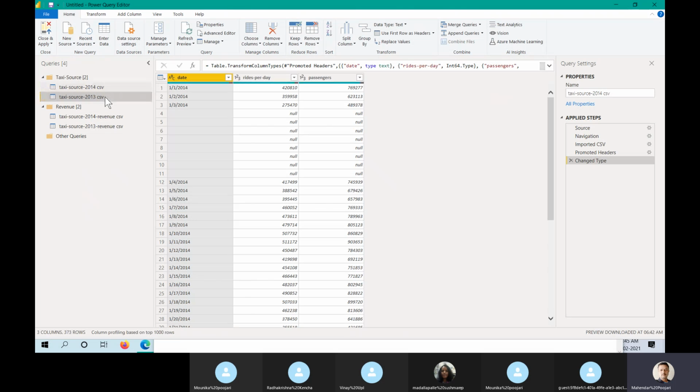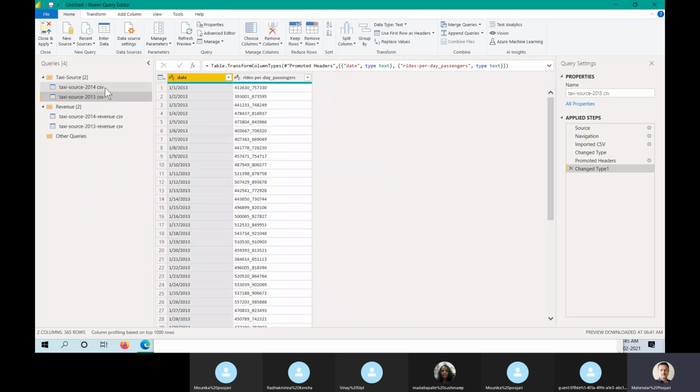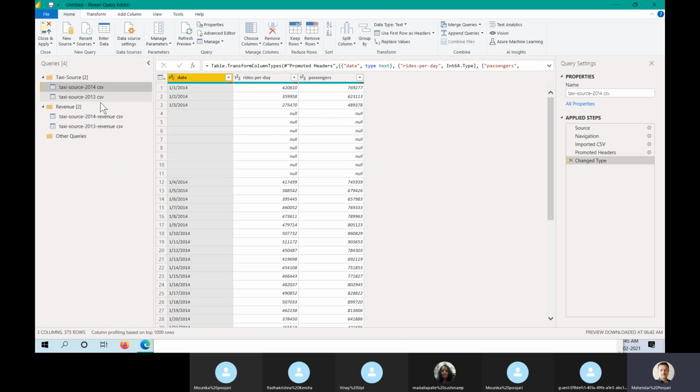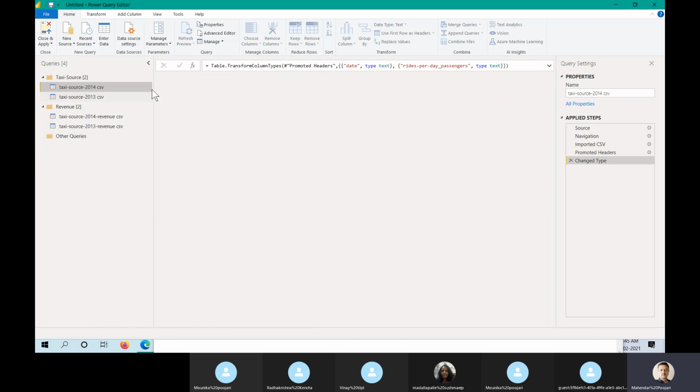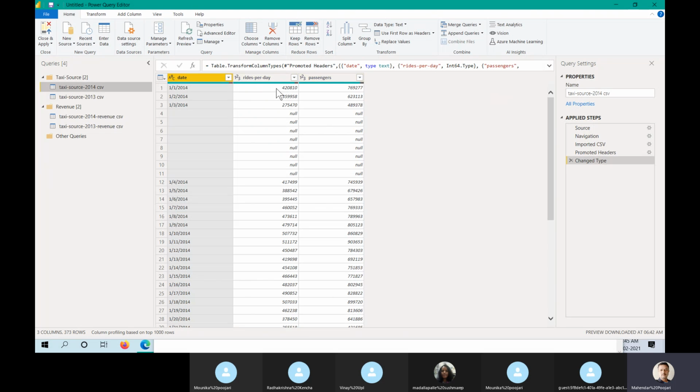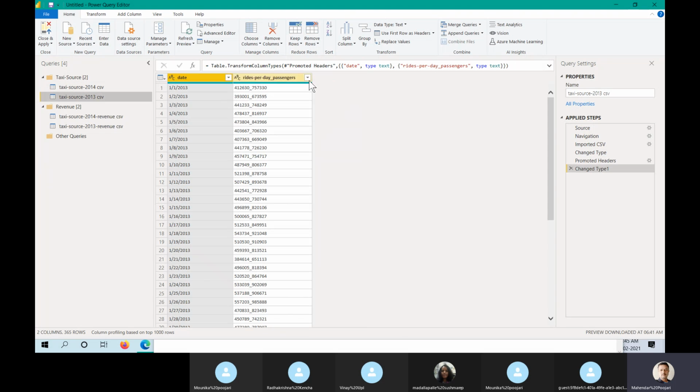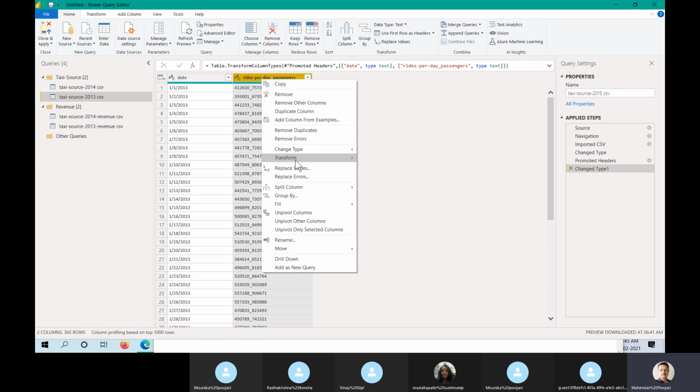If you see, these are not all the same. We have some junk data here. We have only two columns, but you understand, right? Rides per day, passengers. Here you have rides per day and passengers. So if you observe closely, this is delimited data, so you can replace this data by delimiter.